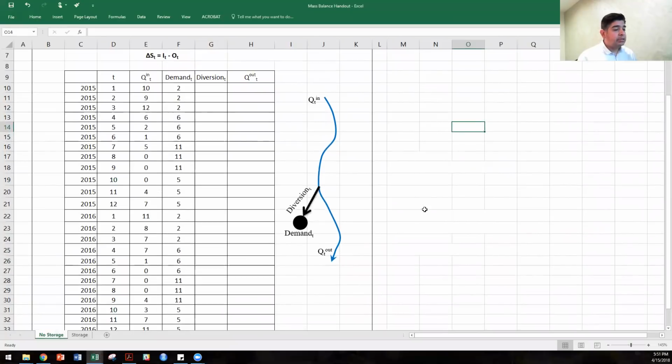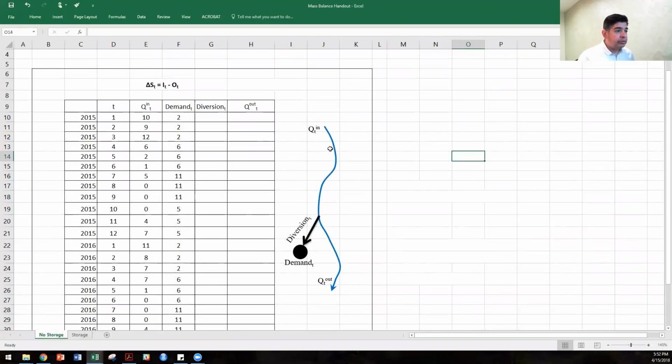So let's start talking about a very simple system here. Imagine that we have a river that is flowing down. In this river, we know how much water is coming at this gauge. Also, we have a demand, a user that wants to divert some water. We're going to have the diversion, and we're going to have how much water is left in the river, considering that some water will be taken here. So again, we're going to be using this mass balance equation, but because there is no storage in this area,